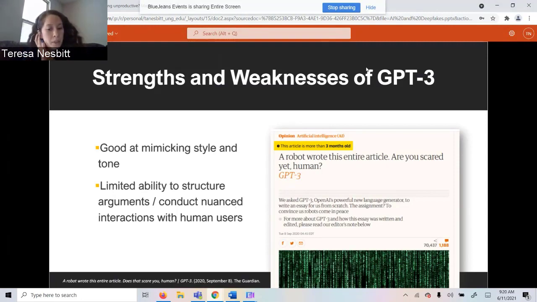The other example that I want to point out is this Guardian article. You might have seen this making the rounds last fall because I saw it getting shared a lot on social media because it has this very sensational title of "A robot wrote this entire article. Are you scared yet, human?" And it lists the author as GPT-3.